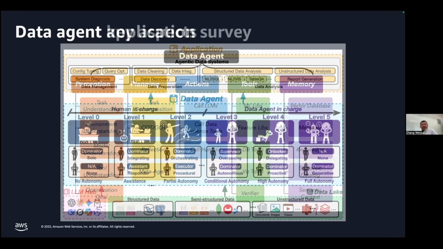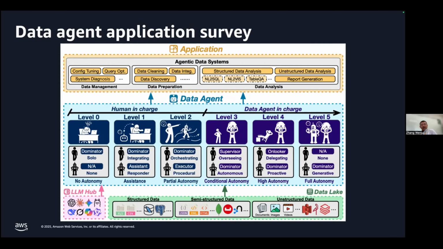And at the moment, we are actually at the level 2 or level 3 agent phase. In the future, definitely we will have level 3, level 4 or level 5 agents for more intelligent data analysts.